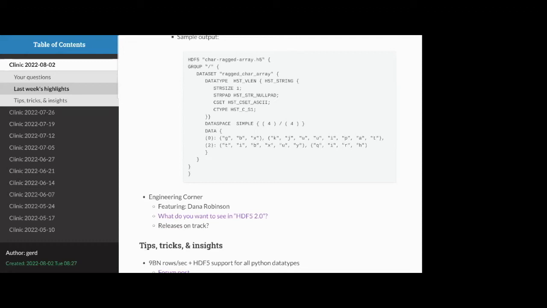But other than that, what do we want to do in terms of the scope of HDF5 2.0? For me, I feel like we should really try to get HDF5 2.0 out sooner rather than later, and do a bit of an API rethink in terms of how some things are handled. We don't want to break a lot of people's code. We want to keep it as sane as possible, but there are definitely some choices that were made that were not the best. And so I'd like to address those.